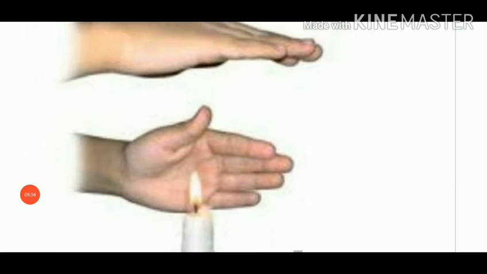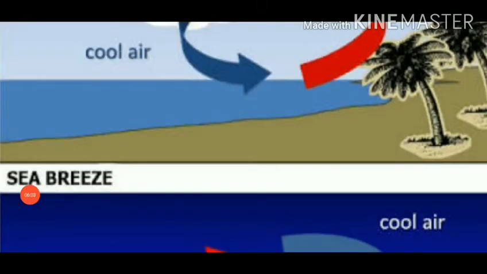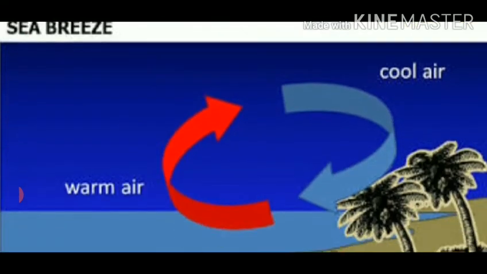We can understand convection with the help of one more activity. You must have noticed that when you keep one hand above the flame and one hand on the side of the flame, the hand above the flame feels more hot as compared to the side hand. The reason is that on the sides there is no convection and the air does not feel as hot as at the top. You know that the people living in coastal areas experience an interesting phenomenon.